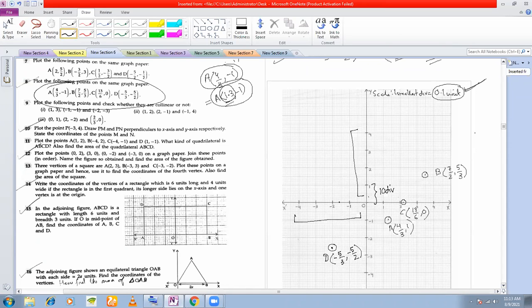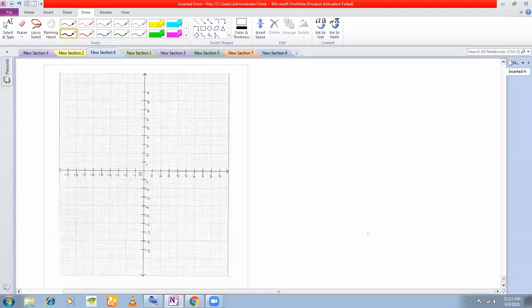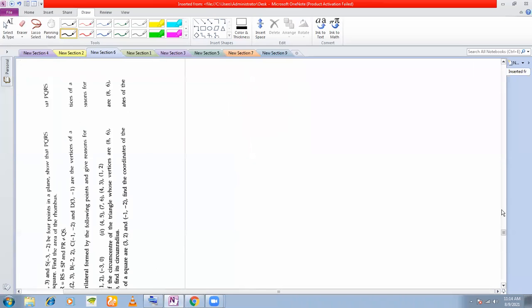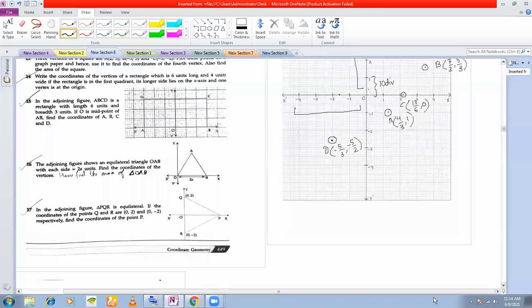But if I use the other graph paper, other scale, in which I took only 5 divisions, we'll have a lot of difficulty in plotting in this graph paper, because the scale is very small. So that is why we take a broader scale. Mostly, if the x coordinate and the y coordinate are very big, then we use this graph. Otherwise, if they are small, then you can use the scale that I have used here.